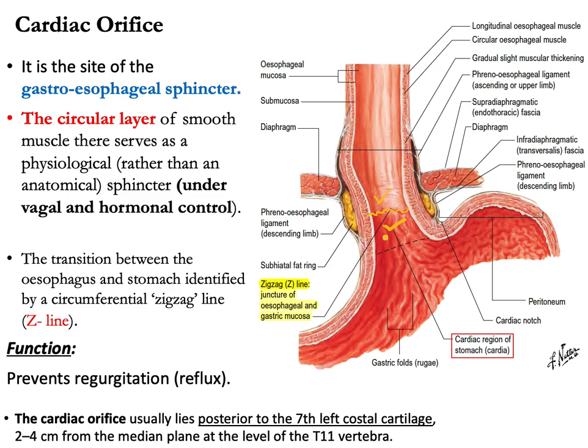As you see, this is the diaphragm, and the esophagus penetrates the diaphragm at the level of T10. Now, the esophagus joins the stomach at the level of T11. That means the gastroesophageal junction is at the level of T11. But where exactly is the cardiac orifice, right? Say this is the midline here,